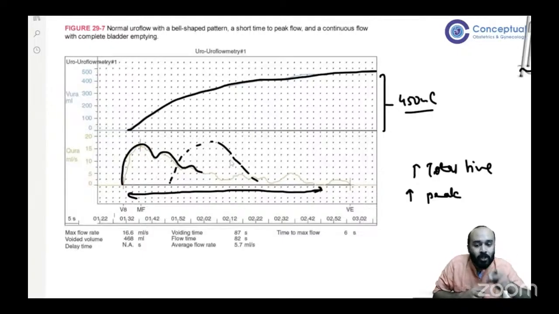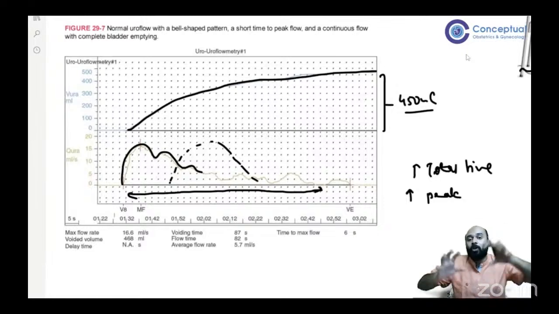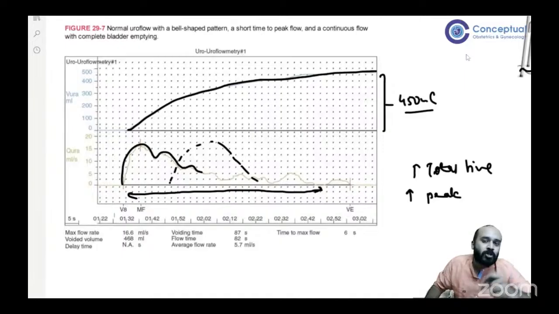One more peak comes. So this is going to lead to this kind of a flow, and this is very classical of voiding dysfunction or overfill incontinence, wherein the bladder is accumulating a lot of urine. Why? Because there is some obstruction at the level of the bladder neck or in the urethra, जिसके वजह से फीमेल के ब्लैडर में बहुत यूरिन है, plus whenever she is passing the urine वो easily flow नहीं हो रहा है, so she is trying multiple times, तो बीच में फ्लो गिरता है, फिर से बढ़ता है, फिर से बढ़ता है,